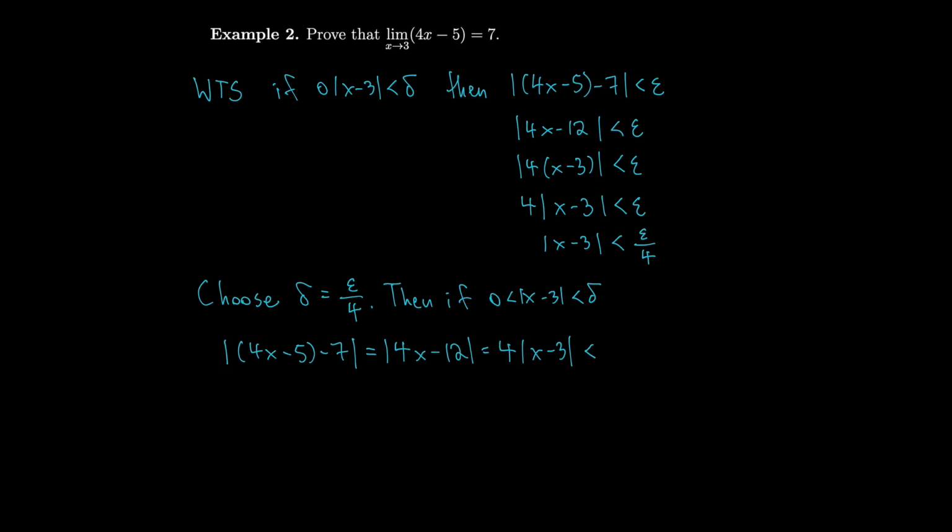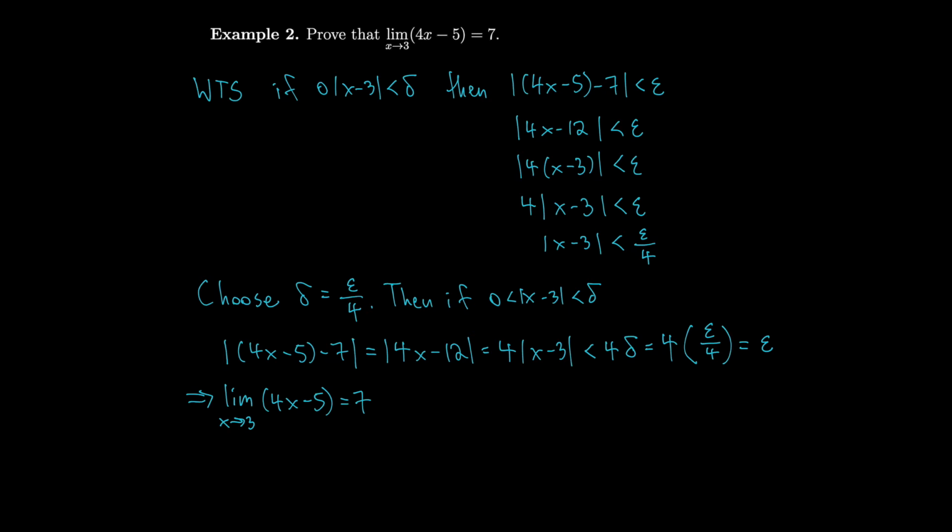We know that this will be less than 4 times delta, because we just said that the absolute value of x minus 3 is less than delta. However, we also said that delta was equal to epsilon over 4, so I can substitute that in for delta. The 4's cancel, giving us 1, so we have 1 epsilon, exactly as we wanted. So there we go, we proved it. That implies the limit as x goes to 3 of 4x minus 5